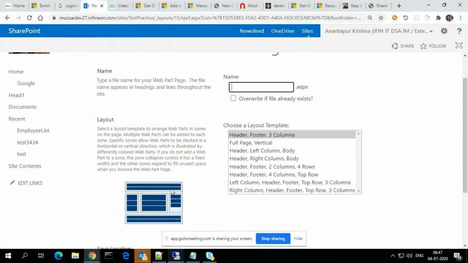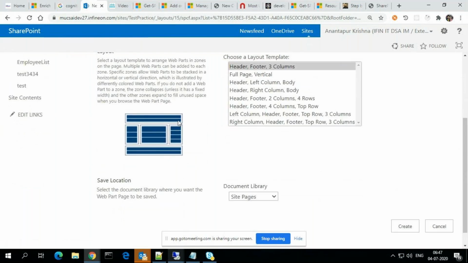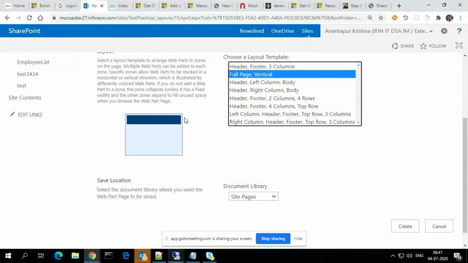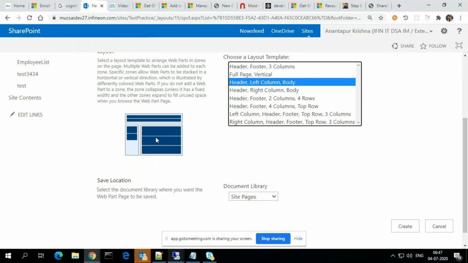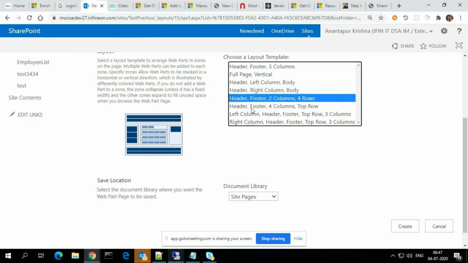You can see the design also here as a small icon, it is showing that the header will be there, footer and 3 columns will be there, or else full page vertical, so it will show the web parts like this, full web page web part. Or else I can say header, left column, body, or header, right column, body, header, footer, 2 columns, header, footer.